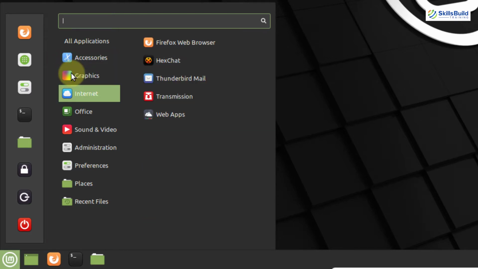And on the left side we have some applications that are docked and you can access them from here right away. For the power option we have a separate button here, and if you want to log out of your session or quit, by quit I mean if you want to shut down, sleep or suspend your system, you have an option for that as well.